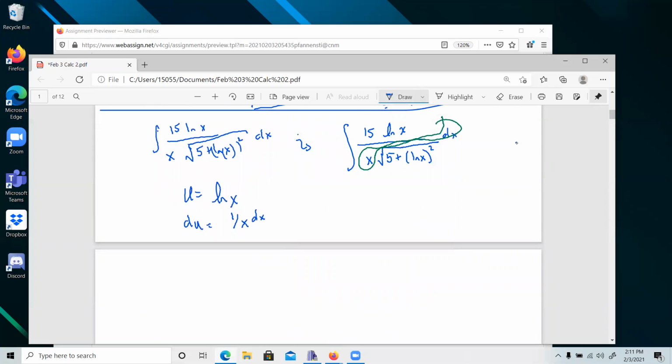So we have the integral of 15, and remember natural log is now u, and then we have the square root of 5 plus u squared, and then we have our du, because that's my dx over x. And this is looking pretty good. I'm pretty comfortable with this. We could say 5 plus u squared, again, we can do another substitution. So how about we try let w